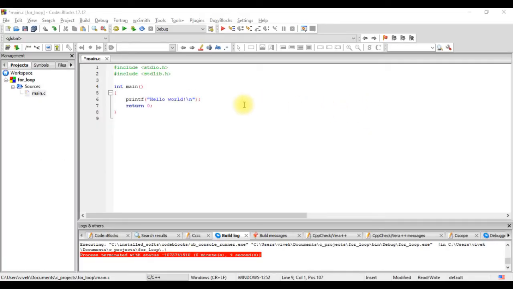So let's see how the do while loop works. Again, in this program, we'll execute this statement and see the printing of the statement inside the loop.